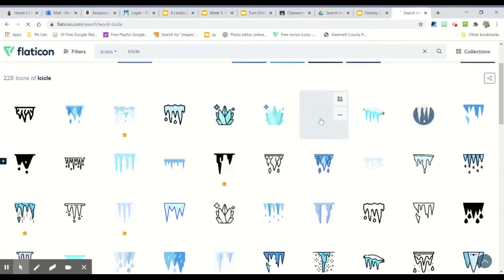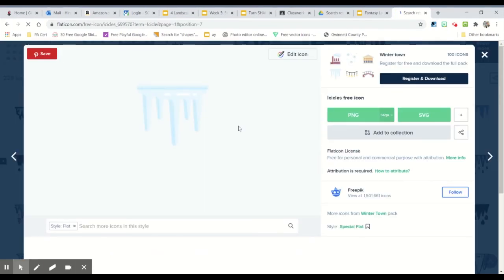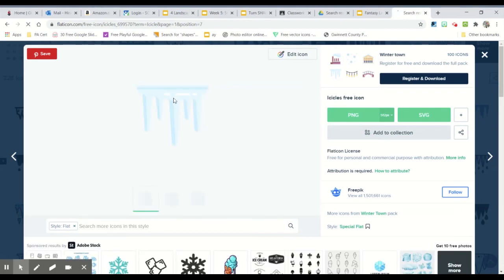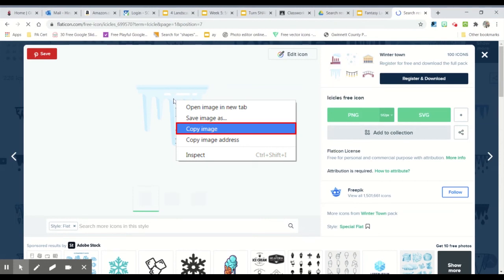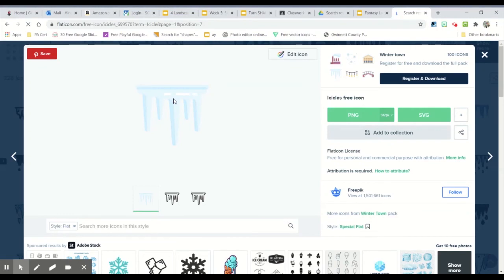It will open up in here. And it says that it's a free icon. I'm allowed to use it. I'm going to use my mouse to right click on the image. So when I right click on it, I'm going to get a bunch of options. One is copy image. I'm going to click copy image. Then I'm going to go back to my fantasy landscape that I've been creating, and I'm going to paste it